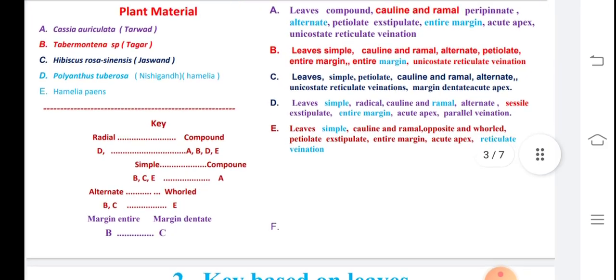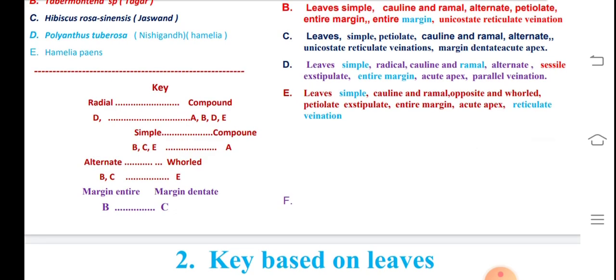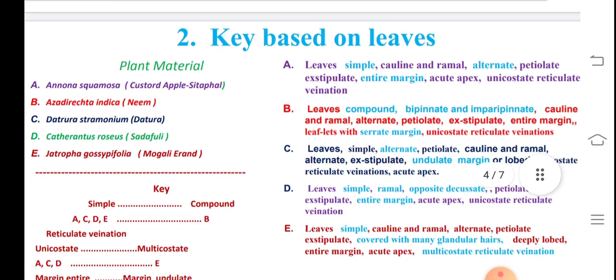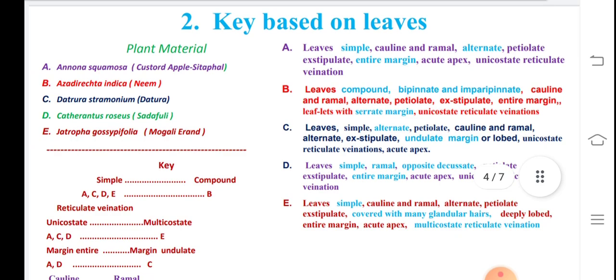So I think you are understanding how the key is prepared. Then a second example of the key based on this one. Suppose the other 5 materials are there: Ananas comosus, custard apple, that is Sitaphal, Azadirachta indica, neem,